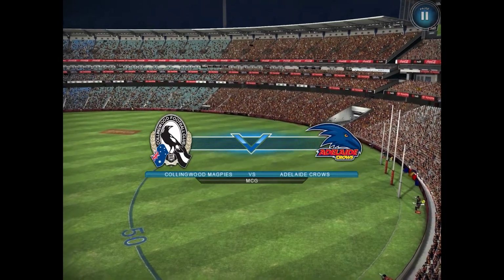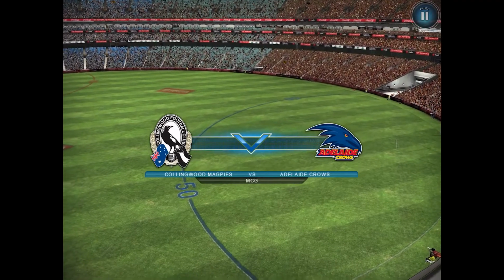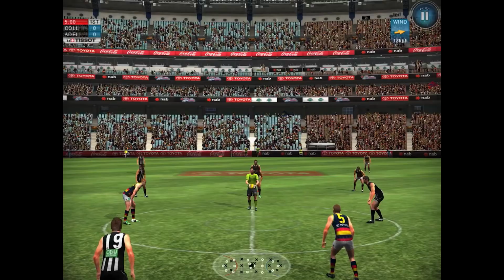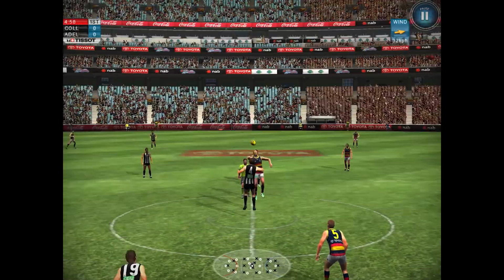Welcome to the MCG for the second elimination final. First, in terms of the fixture, it's the Magpies up against the Crows. The loser goes out, the winner plays the Cats. So here we are, packed house at the MCG tonight, and it's going to be an absolute ripper of a